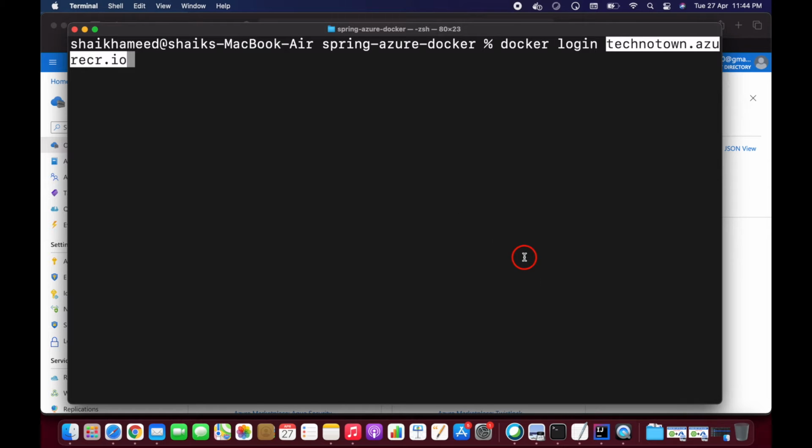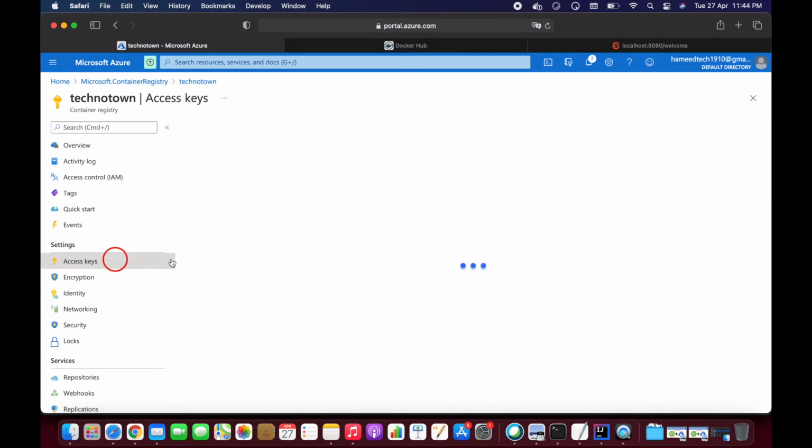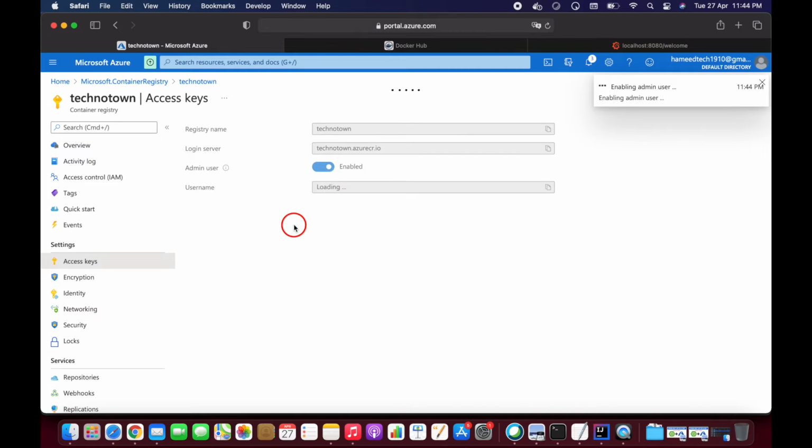Before I log in, let's open here and click on access keys. Here you will see the registry name and the login server details, and here you will see the admin user. By default it is disabled, guys. So let's enable this. It's going to generate a username and password for this registry. So this is my username, and this is my password.